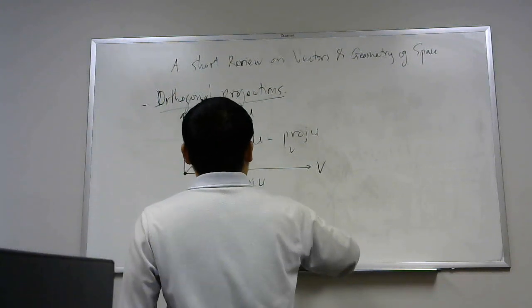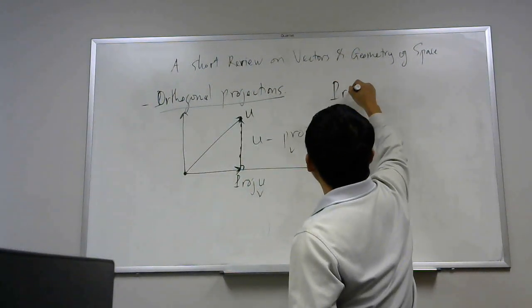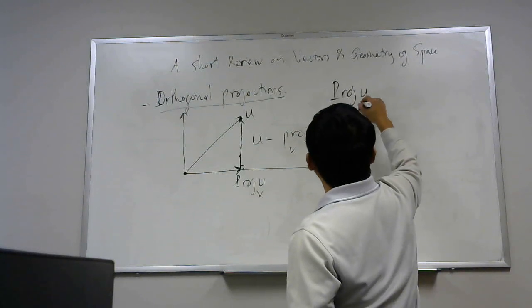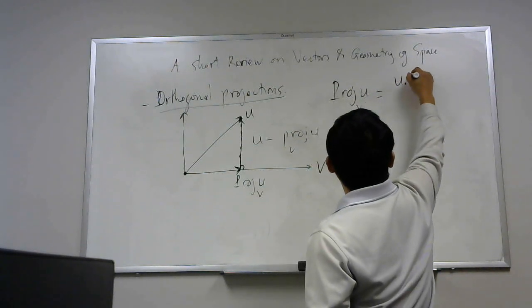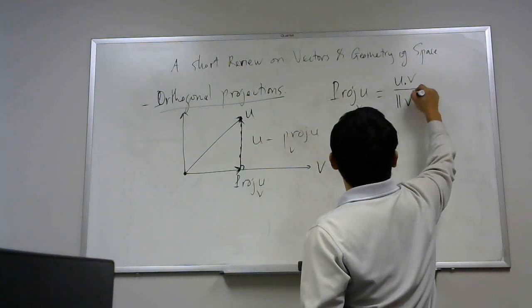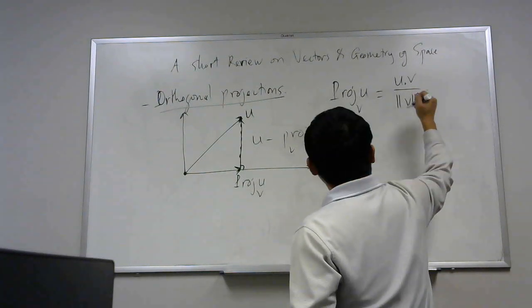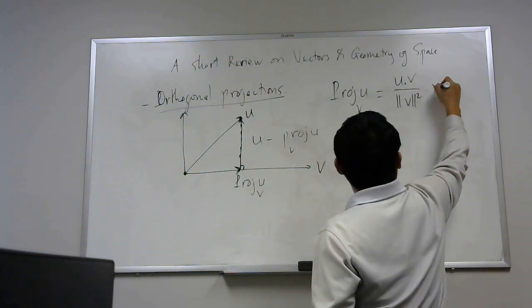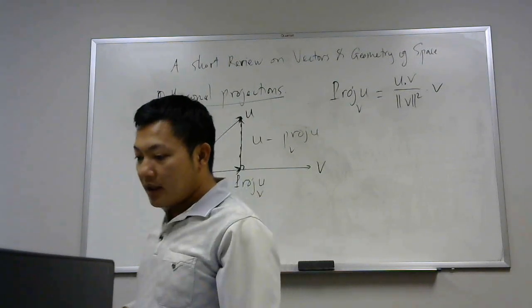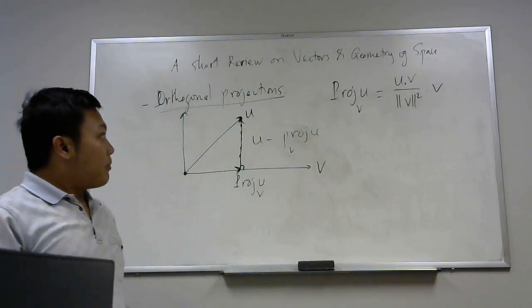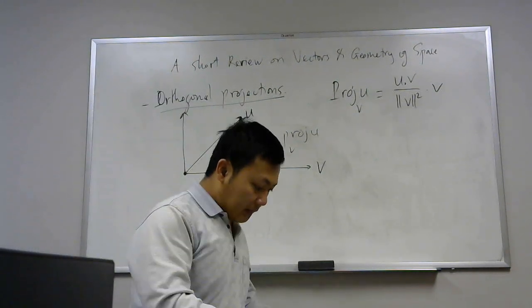Okay, let me remind you the formula. The orthogonal projection of u onto v is the product of u and v divided by the norm of v squared, and then you multiply by v. That's it, right? So let's say